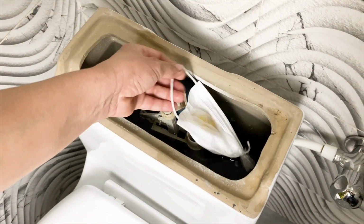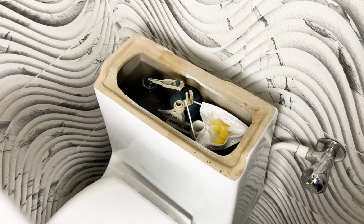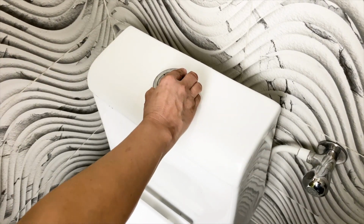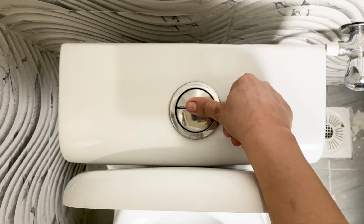Have you ever noticed that stubborn limescale buildup in your toilet tank? Or maybe you're tired of that musty smell that just won't go away, no matter how much you clean? We've all been there. This powerful natural solution tackles limescale, salt residue, and other grime that loves to build up